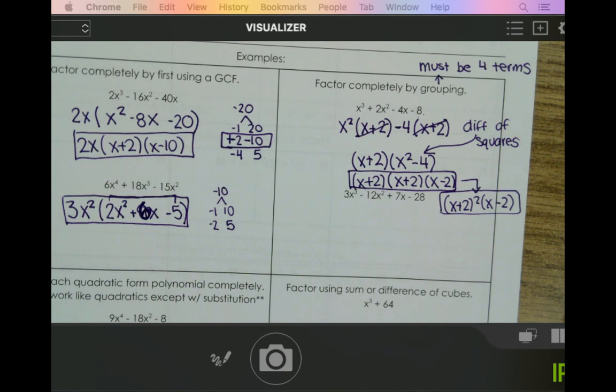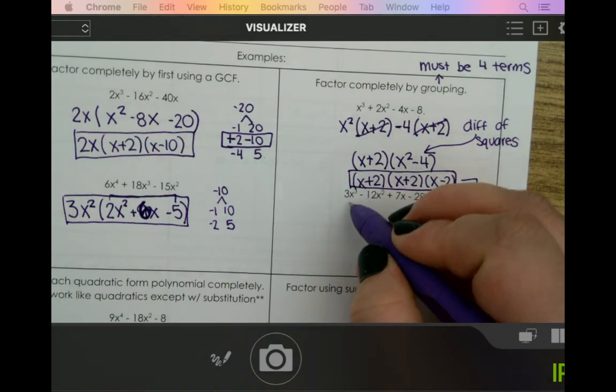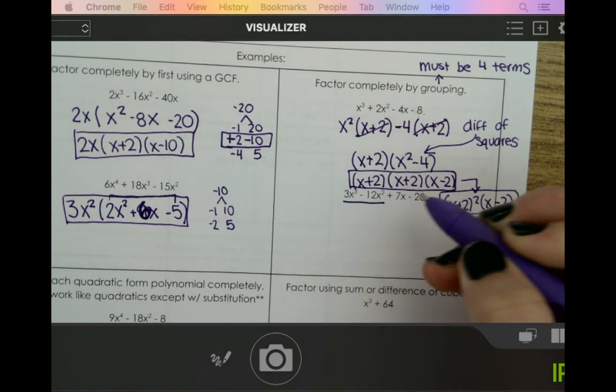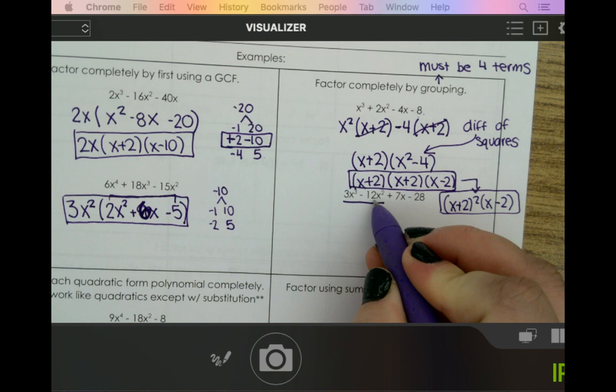Not all of them keep going. This next one, no. And all we're going to do is look at the first two and the last two. So for these two, I can take out a 3, because the 3 goes into 3 and 12,